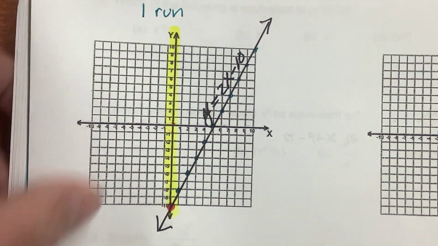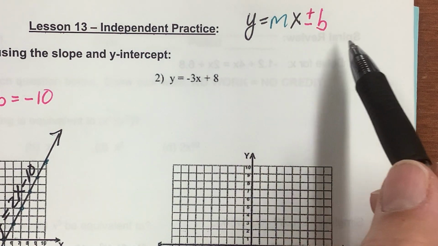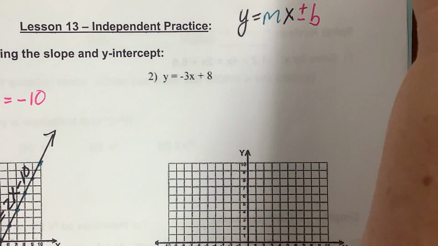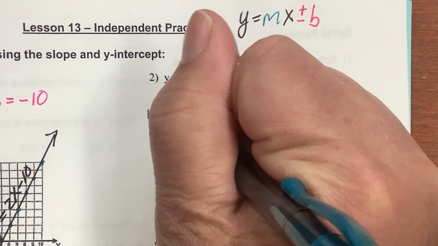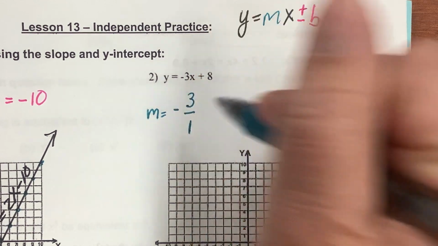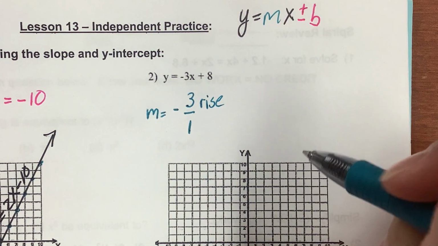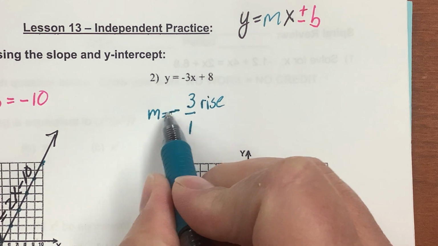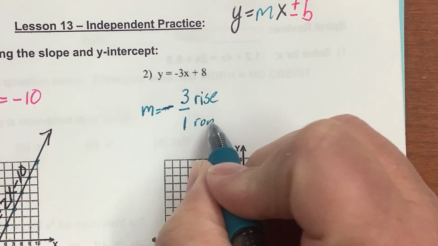Let's do the next one. Now I'm looking at the y equals mx plus b to help me. M is in the middle, so I know that that negative 3 is the m. M equals negative 3. And I'm going to put it over 1. So I know that I'm going to rise 3, but because it's negative, and I'm going to make that negative sign nice and big, it's negative. I'm going to run left,